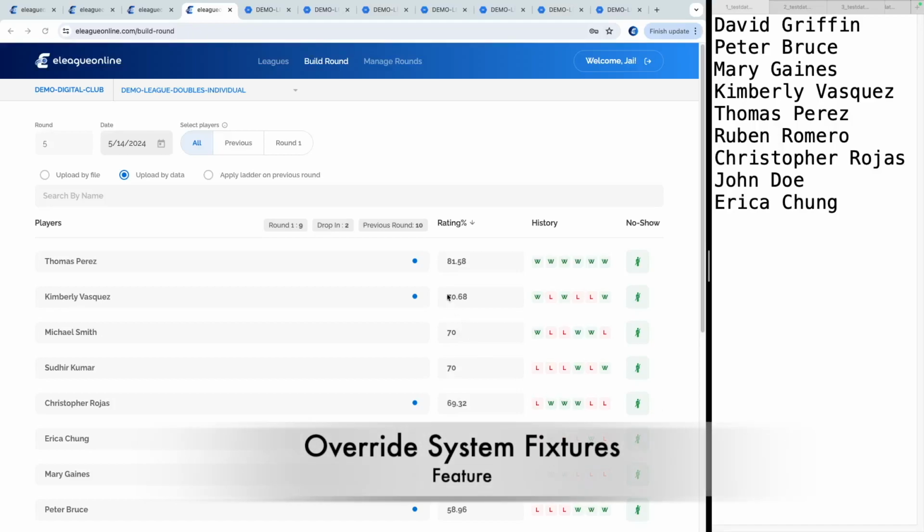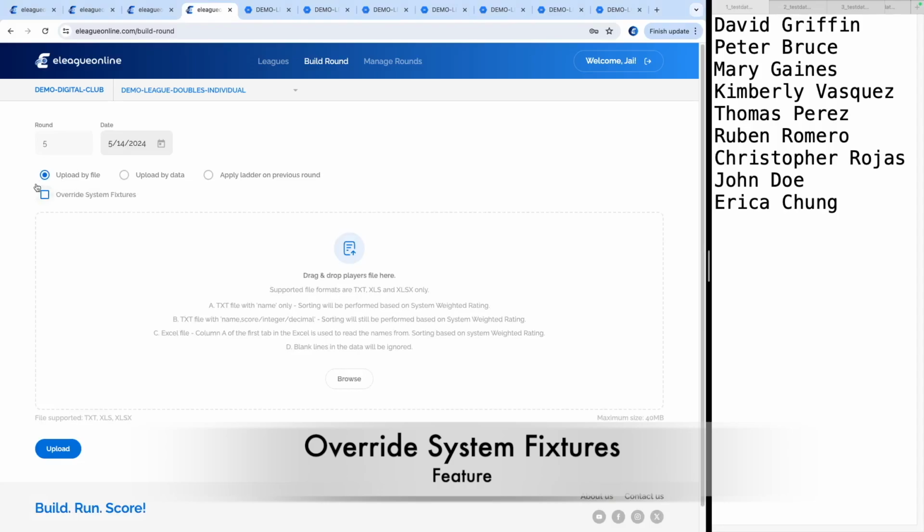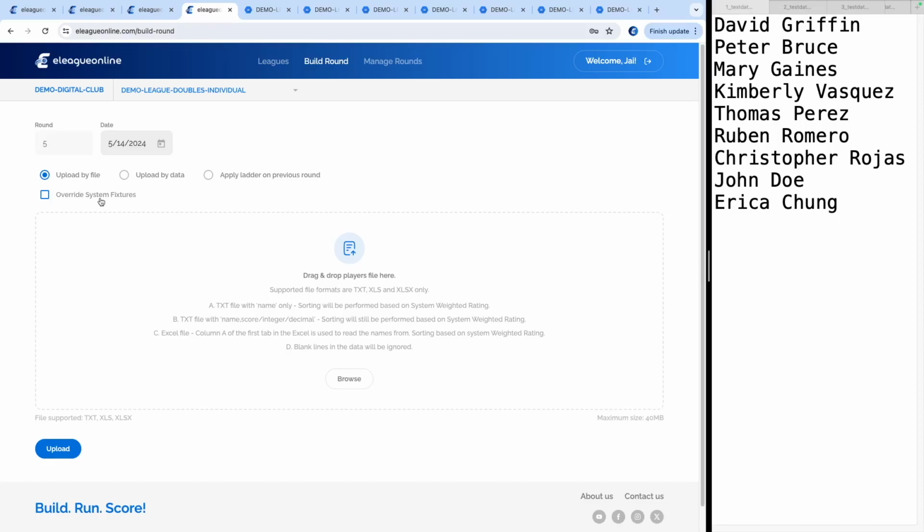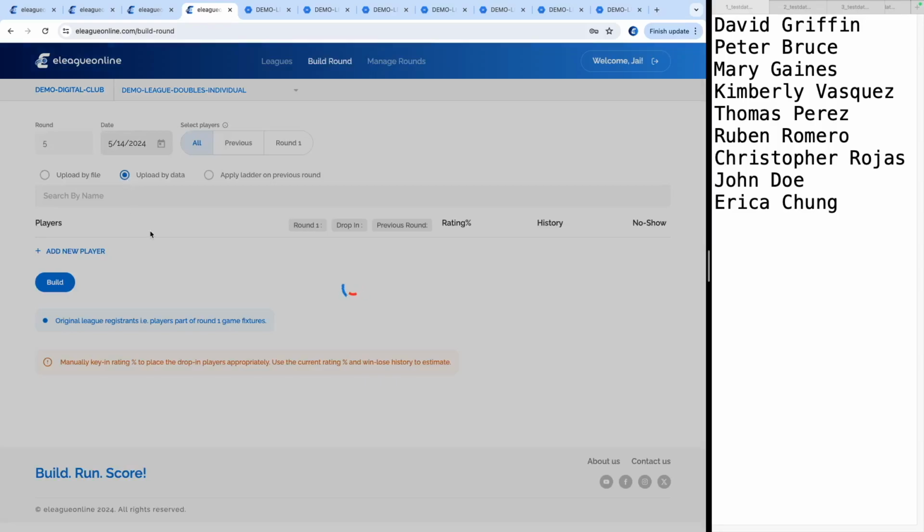Let's now look at what an override system fixtures will do. This is the override system fixtures logic that we are going to understand now, and it comes very handy because on the ground during a particular day there are absences, there are new players dropping in, there could be various scenarios that you might run into, and this override system fixtures comes very handy in those cases. And let's look at one such example here. Say for example,